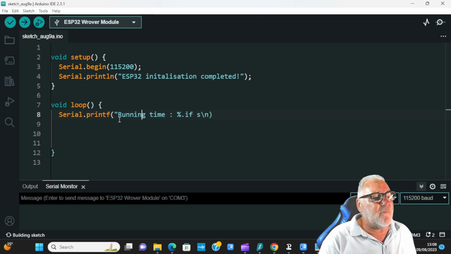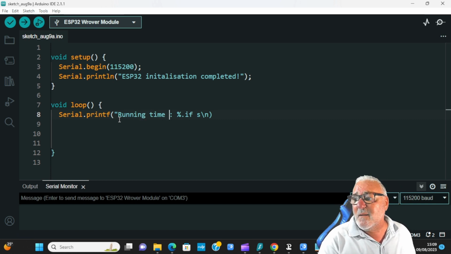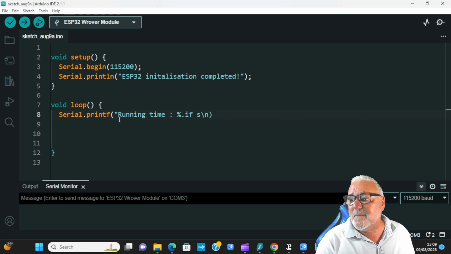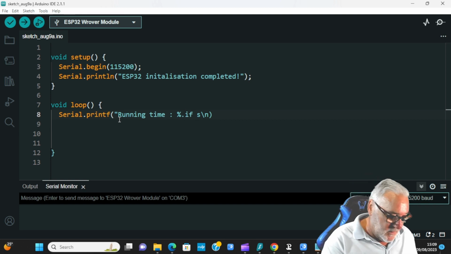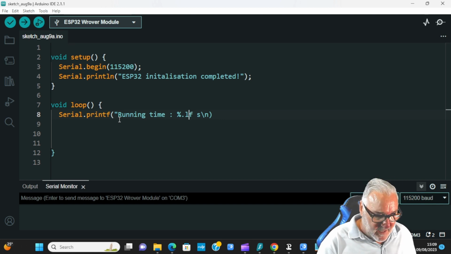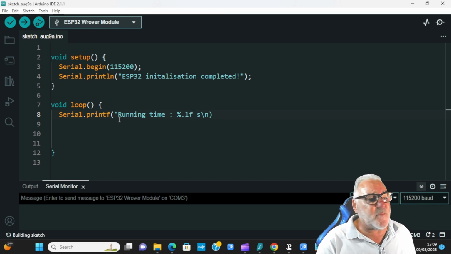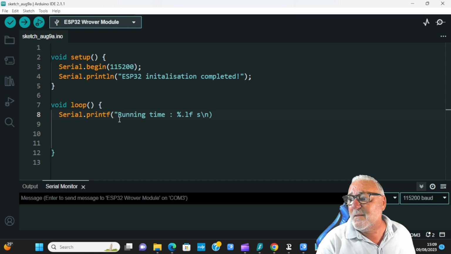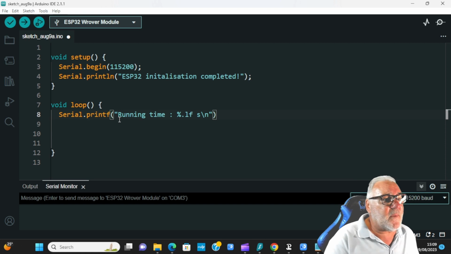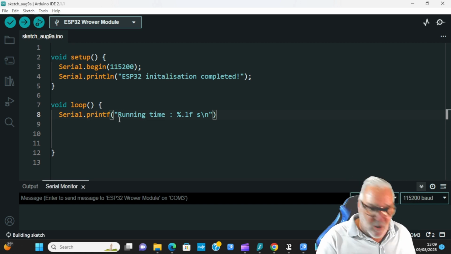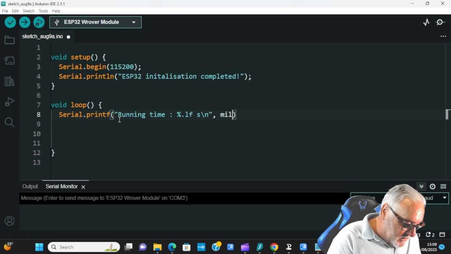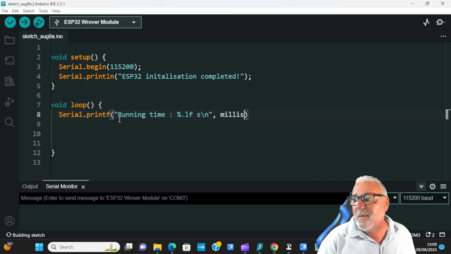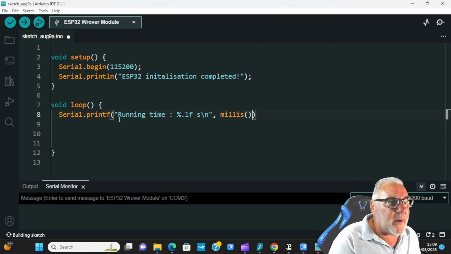Okay, Running time, percent, dot, I think it's LF, space, S, backslash N, quotes. Comma, millis, brackets on, brackets off,